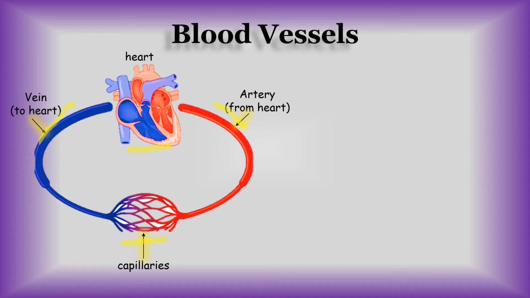You can see in this picture, children, these red and blue lines, mostly red. These are the branches, and these branches are known as capillaries. And what is the job of capillaries? They help in absorbing energy or nutrients from the food that we eat, and they help in the exchange of gases between blood and body cells.